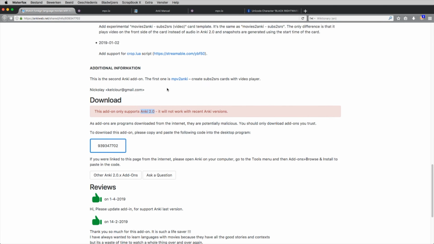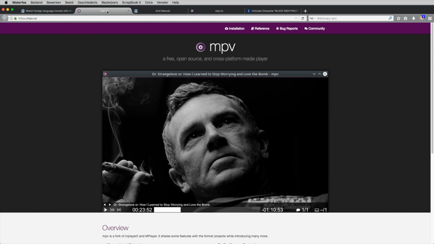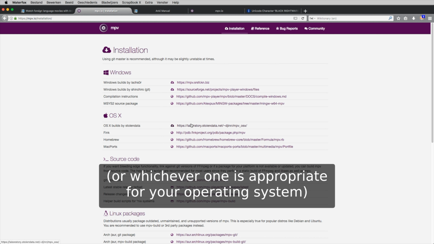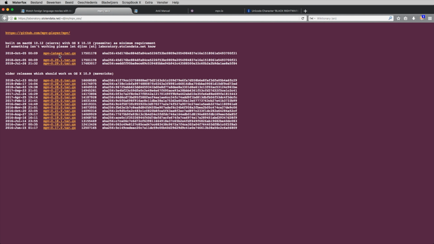So let's now go ahead and install the mpv player. mpv player is just an open source video player that is necessary for this plugin to work, and we can download it from this page, mpv.io, and we need to go here to installation. Then we need to click this link, and we need to download the latest version by clicking here. So let's do this, save the file,